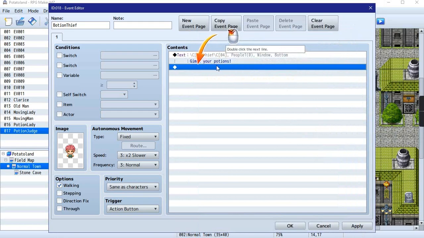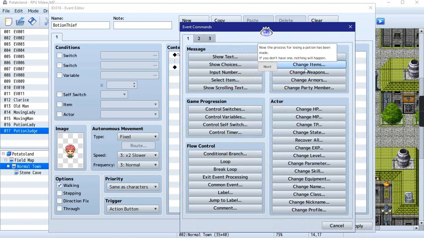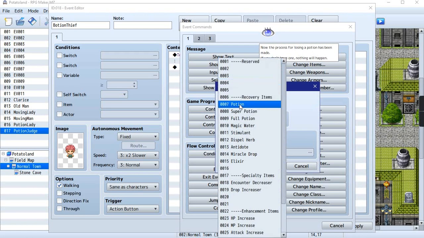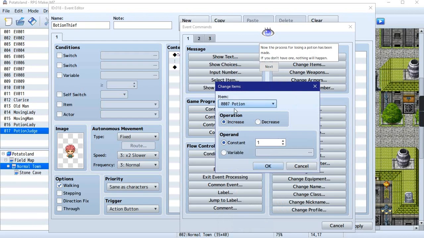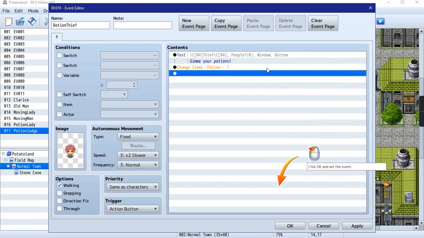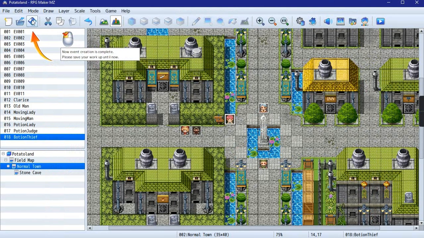Okay, double click the next line. We select the first tab, change items. We select potion in the item drop down. We decrease it by constant 1 and we say okay. Now if you have a potion you'll lose it. If you don't have a potion, nothing's going to happen. We say okay. We save our work